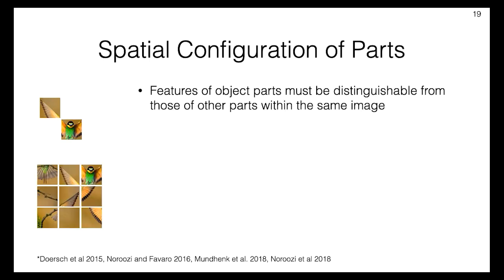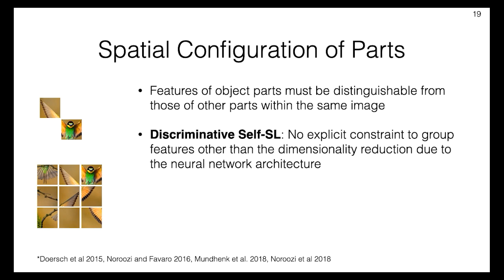As a second example, let us look at the methods based on determining the spatial configuration of parts. In these methods, the task is to train a network to encode parts as features, and then a second network to determine the correct order of the parts given the features as input. Features trained with these pretext tasks should allow the discrimination of the different parts of an object. Since local attributes are not sufficient to achieve such a discrimination, for example, colors within the same object are similar, one could argue that these features need to learn global attributes, up to the size of a tile.